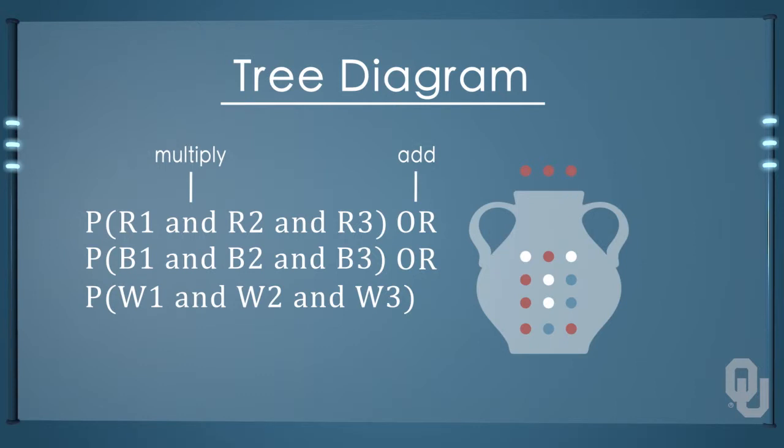The probability of red on the first draw is 8 divided by 15. If we draw red on the first draw, then the probability of red on the second draw changes to 7 divided by 14. If white on the first draw, the probability of red on the second draw is now 8 divided by 14. Regardless of what draw came first, it changes the probability of all results that follow. A tree diagram is a neat way to keep track of all these conditional probabilities.